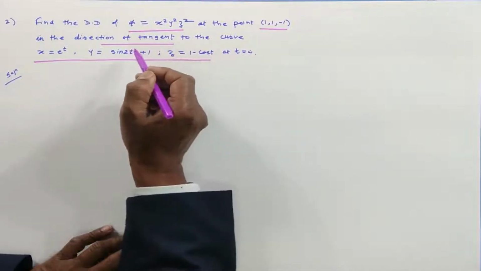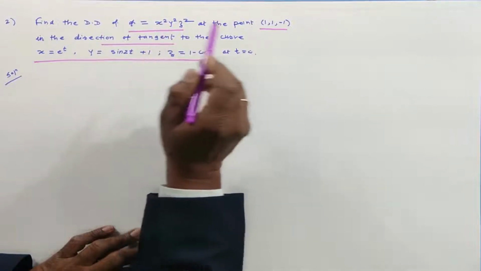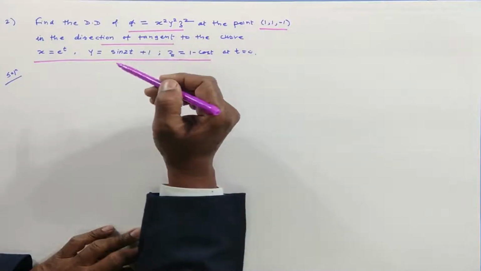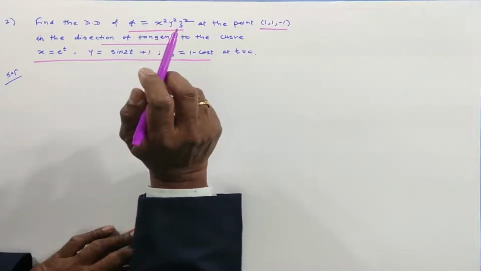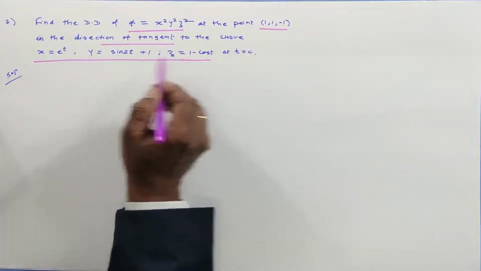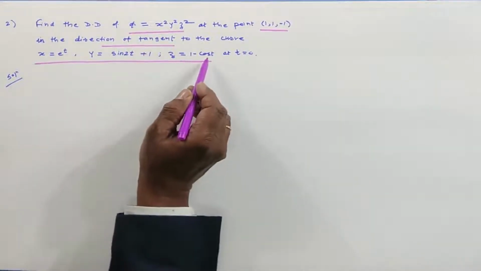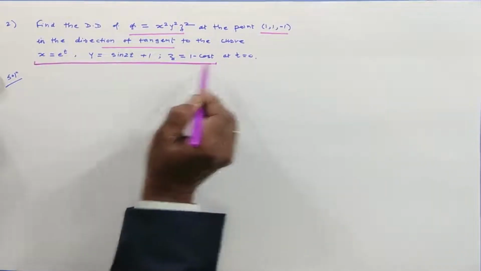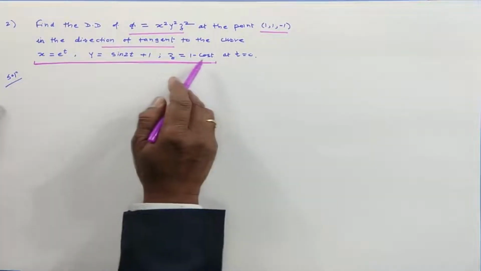What is the difference between this sum and the previous one? In the previous problem, phi was given, the point was given, and the direction of the directional derivative was directly given to you. Here, the direction of the directional derivative is not directly given. The equation of the curve is given. These are the parametric equations of the curve. If the values of x, y, z are given in terms of a parameter, where t is the parameter, you can use theta in place of t also. These three values of x, y, z represent a single curve.